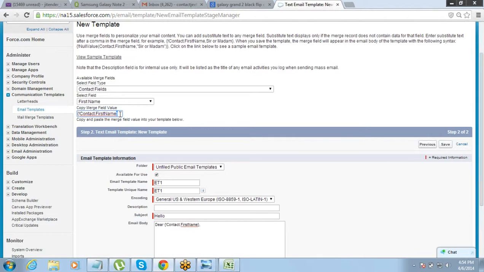Yes. So as you see, this is a text email template and it does not have any formatting option. So it will be plain text. Nothing can be done on this. Right. However, the other two email templates that we are talking about, there you will have the formatting option. On the previous screen, you selected text and then you came to this screen.